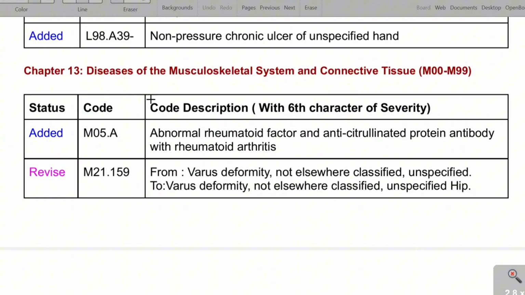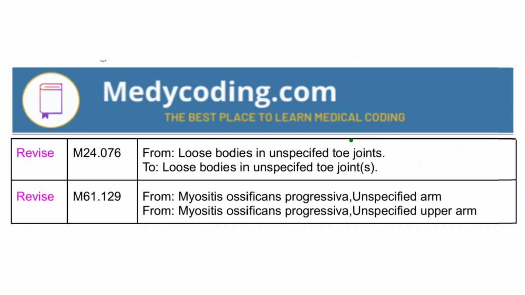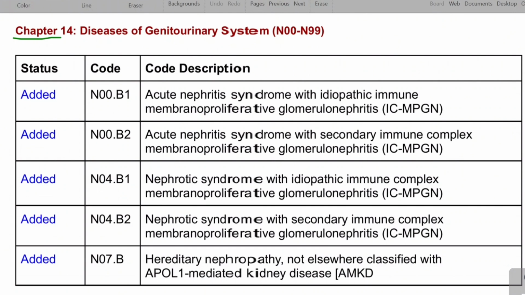Chapter 13. So for Chapter 13, one new code is added for rheumatoid factor and 3 other codes are revised. These are the codes. I'm not explaining every topic as it will take too much time, so I'm explaining what is important. Chapter 14. In Chapter 14, a new code has been added for acute nephritic syndrome with different types